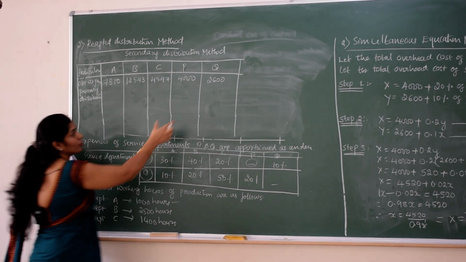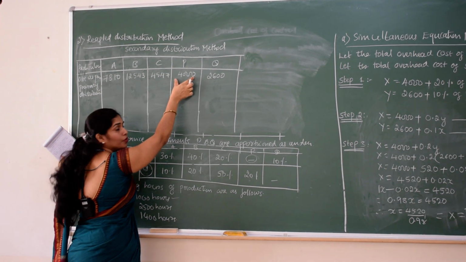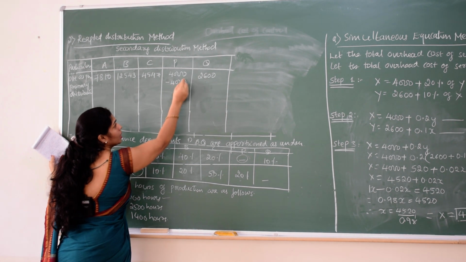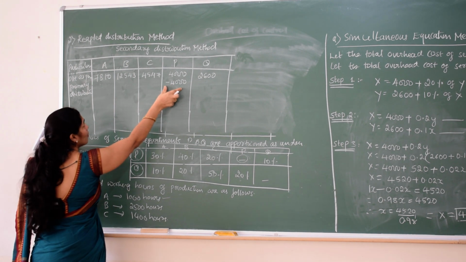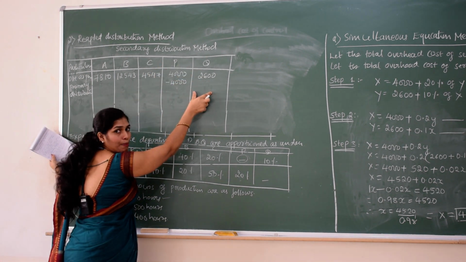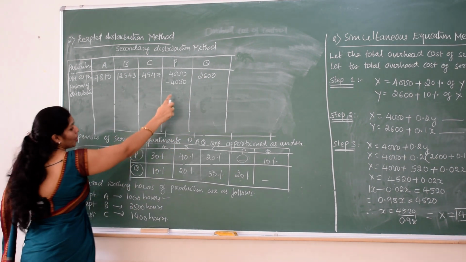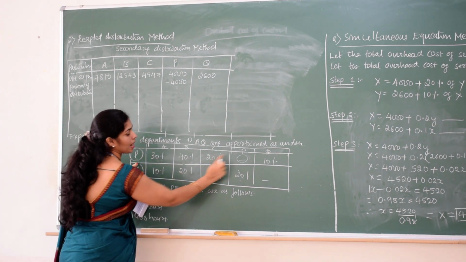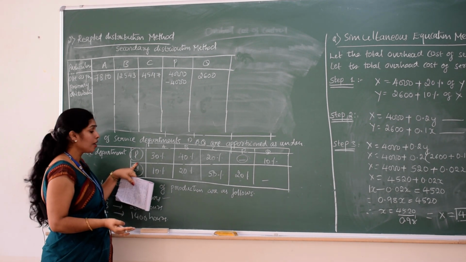First I will take service department P. How much is service department P? The value is 4,000, so minus 4,000 here. These 4,000 have to be reapportioned to all three production departments and the other service department, that is Q, as per the given percentage. Here P's percentages are 30%, 40%, 20% and Q 10%.